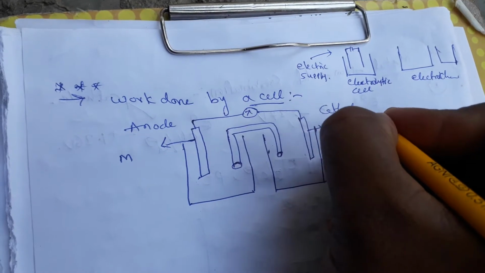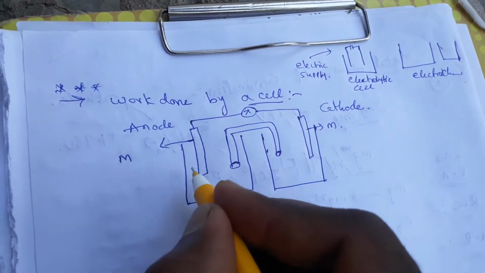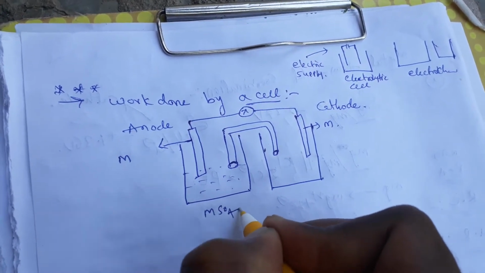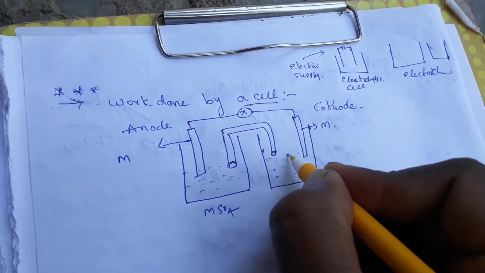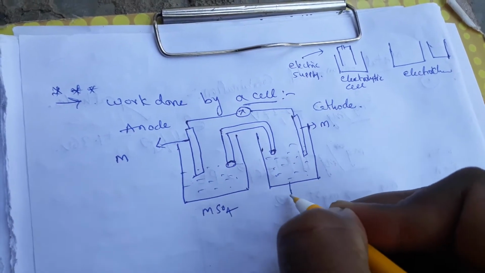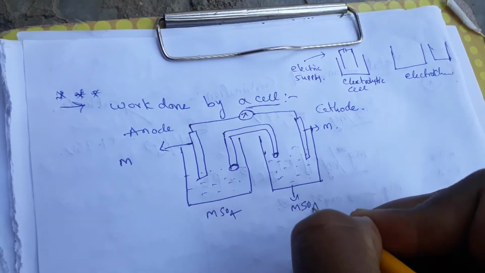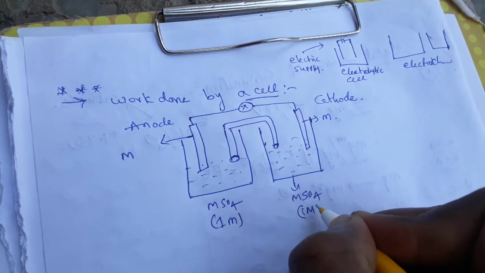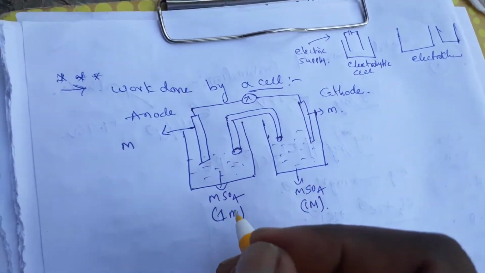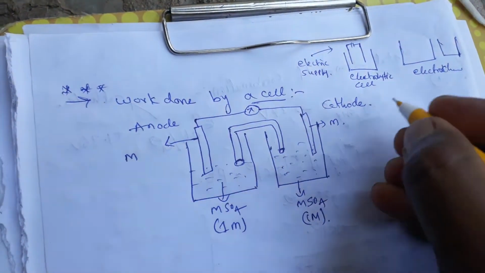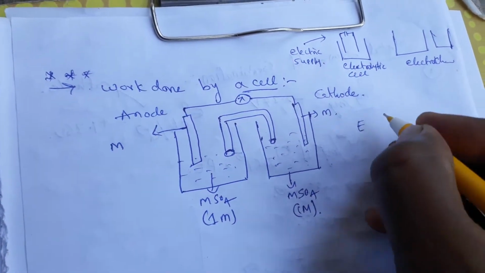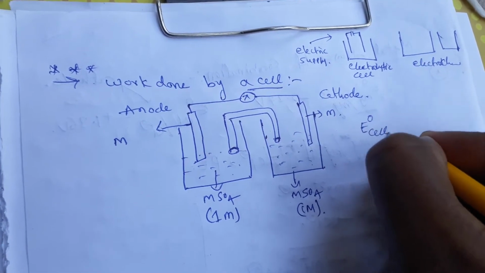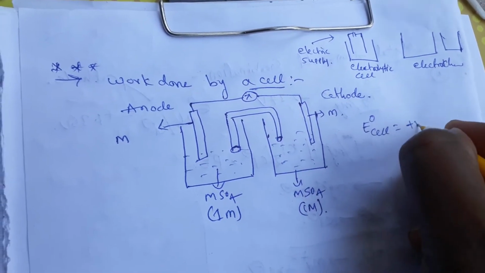So this is the anode and this is the cathode. At the anode, oxidation is taking place, and the solution contains some metal sulfate, and here also you added some metal sulfate. So this is also a metal sulfate solution, strictly speaking a 1 molar solution, and this is also a 1 molar solution. And immediately we generated some potential here. So the potential, EMF, is generated. If it is standard, then the cell potential will come as a positive value.